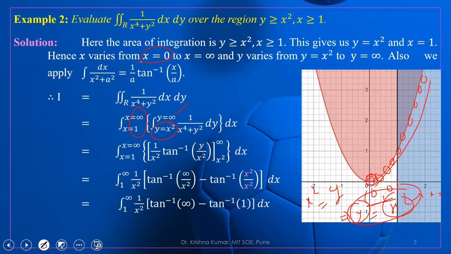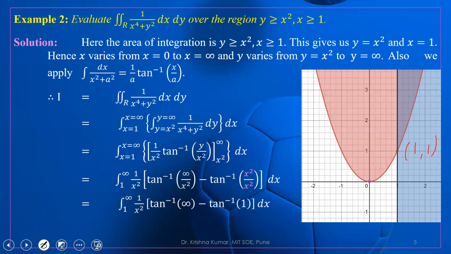1 to infinity. Why? Because just look here, just a minute. Since this is the point (1, 1). Okay, now what is the common area? The common area is where x is greater than or equal to 1. The value of x is positive, x is greater than or equal to 1, this part, and the parabola part. Okay. So now what is the common region? This is the common area of integration. This is the area of integration.